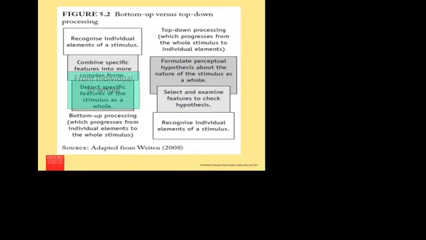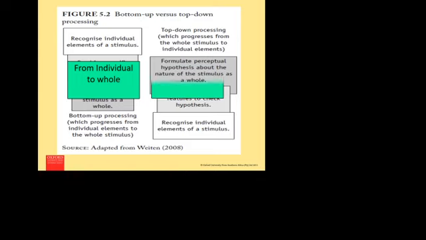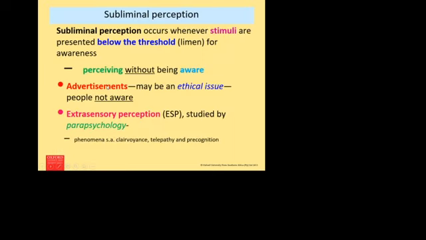So basically, bottom-up is from individual to whole. Top-down is from whole to individual, from general to specific. Bottom-up is from specific to general. Okay,